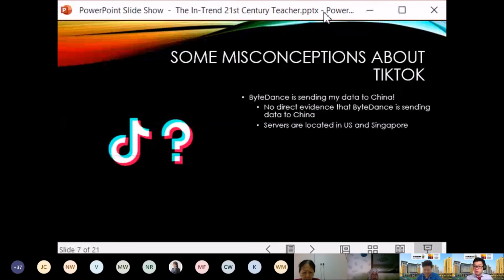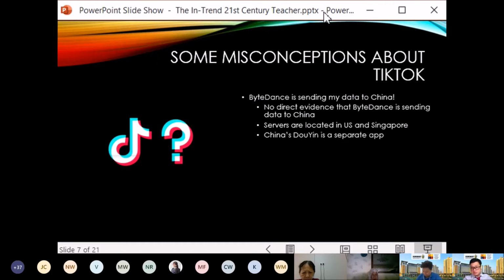And it's impossible for TikTok to do so as well because the servers are located in the US and Singapore. Our Southeast Asia server, all of the videos, all of the content is actually uploaded to Singapore, and the US content stays there. So for the Asia Pacific region, except for China, Hong Kong and Macau, the content is stored at the server in Singapore, and for the rest of the world it is in the US.